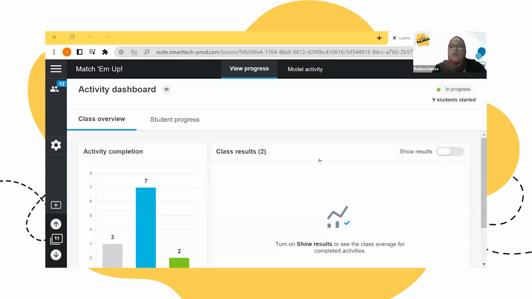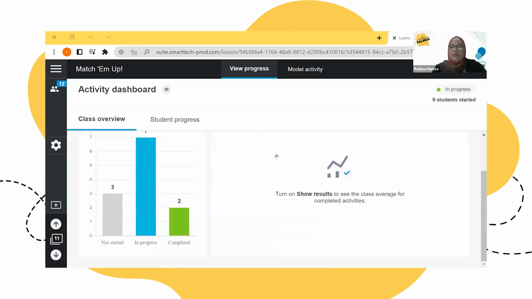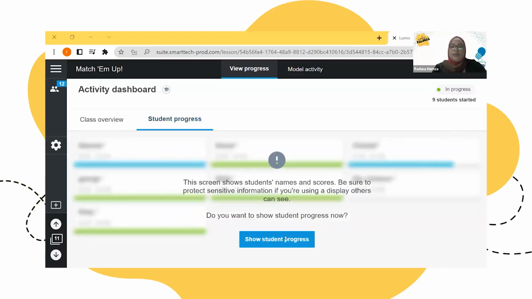You can click here to view progress and know if they joined your activity or not. Here is the activity dashboard, a very nice dashboard. In the class overview, I can see 6 students in progress, and there are 4 students who completed my activity. So here you can see your student progress like this.